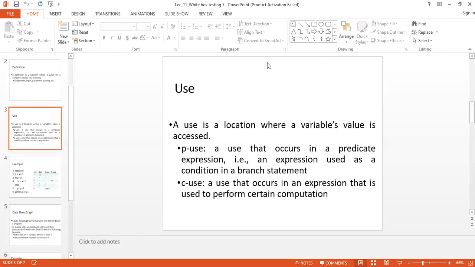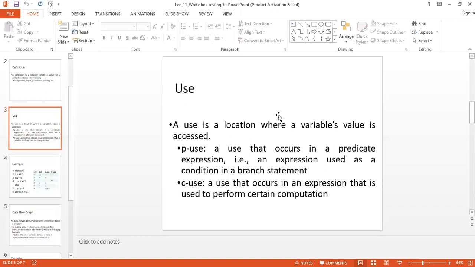When considering data flow testing, by analyzing your code you have to understand: these are my definitions for the different variables, inputs, parameters, etc. And these are the uses of these data.